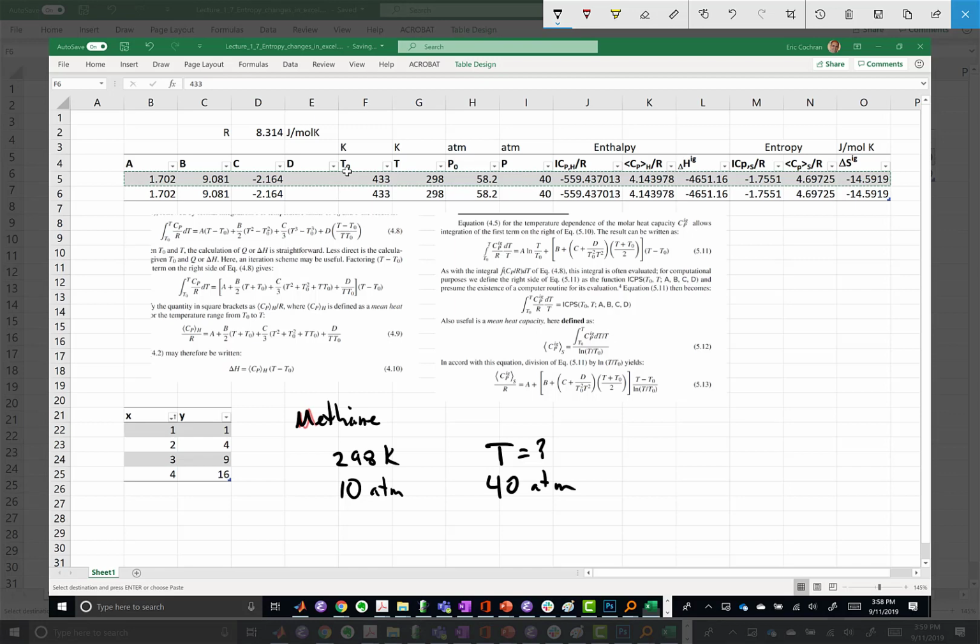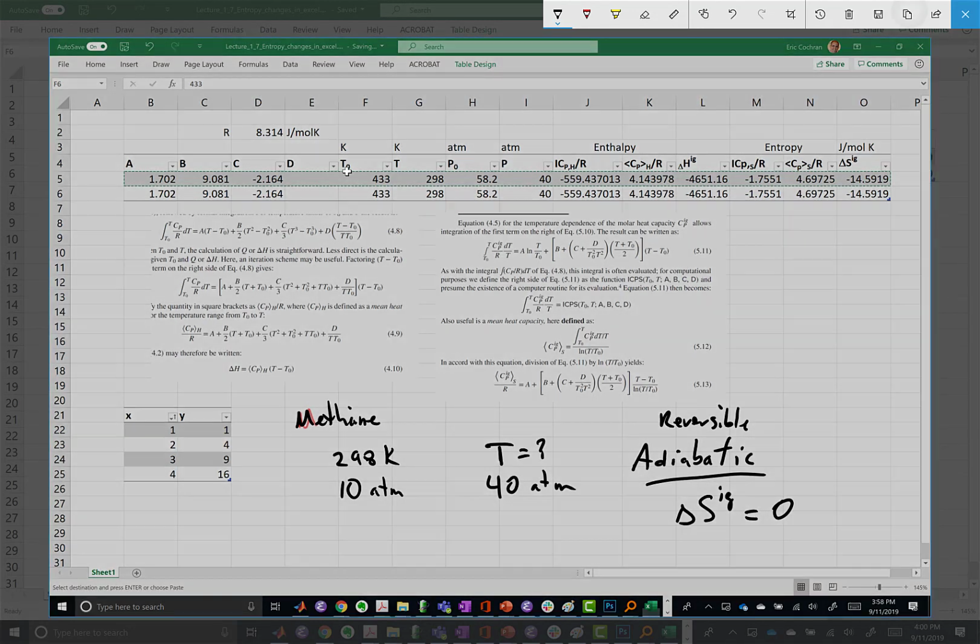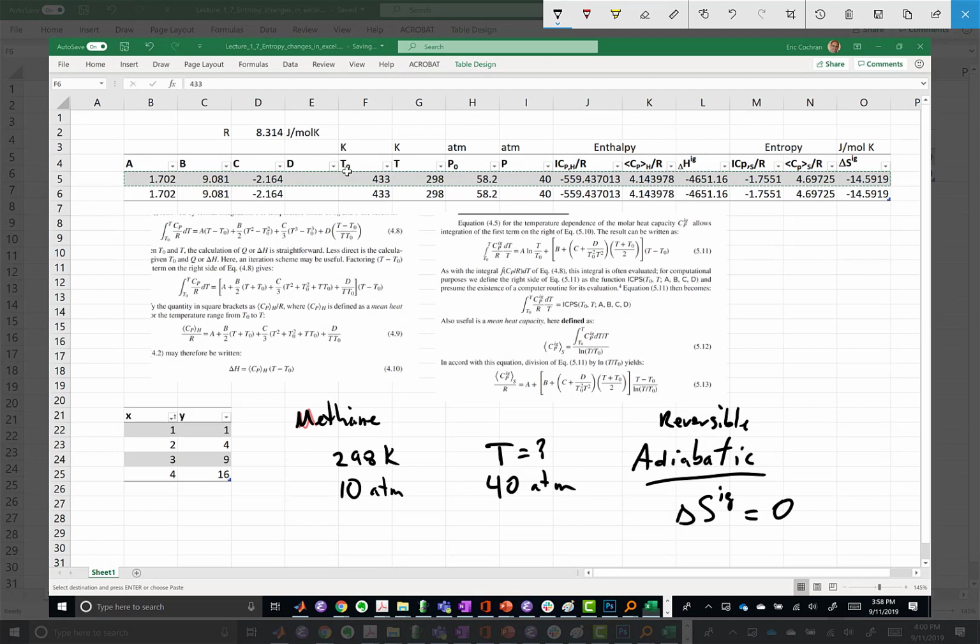And so my final constraint is I want this compression to be adiabatic, which means that I want it to be reversible and adiabatic, which means that my change in entropy needs to be 0. And so what that looks like